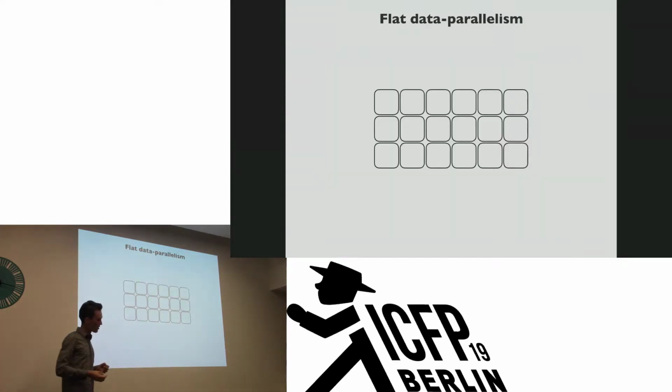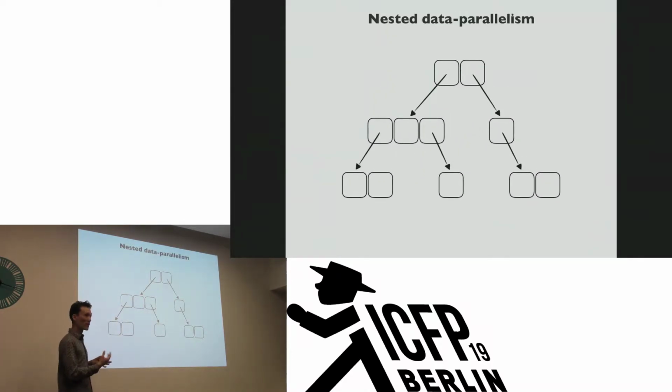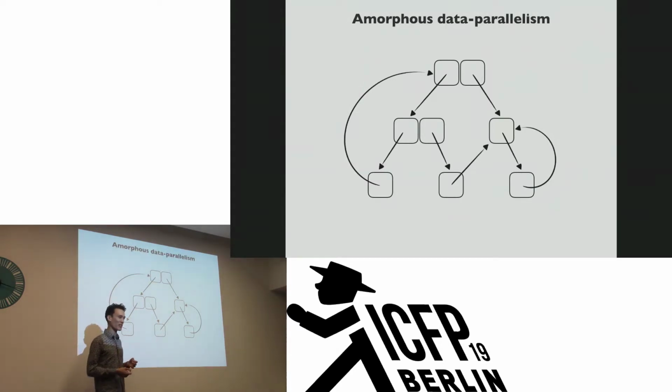We know how our data is being used by all of these threads at once. And so, we tend to think of data parallelism as parallelism over rectangular structures. So I have some kind of rectangular structure like an array, and I just want to apply the same operation to every element of the array. It's the classical view of data parallelism. But this model can really be pushed a lot further than that. Instead of just having a single flat data structure, if we have nested irregular arrays, then we can express more kinds of things. We can express computations over tree structures with this. And if we push the model a little bit further, then maybe we get into something like this amorphous data parallelism realm, where